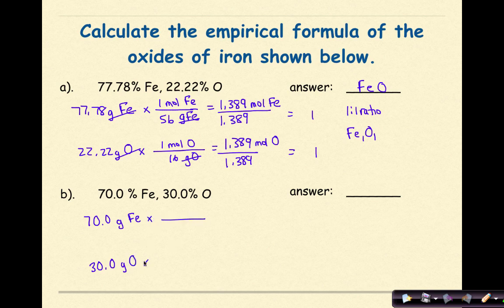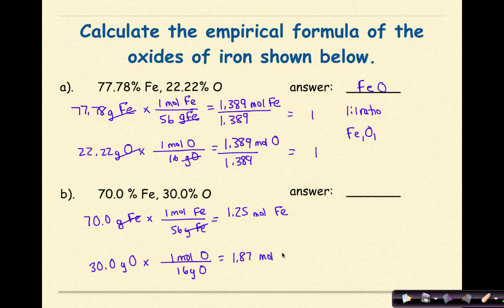Multiplication sign in a line. 1 mole of Fe, 56 grams of Fe. 1 mole of oxygen, 16 grams of oxygen. And let's do our work here. So grams cancels grams. 70 times 1 divided by 56 is going to give me 1.25 moles of Fe. And 30 times 1 divided by 16 is going to give me